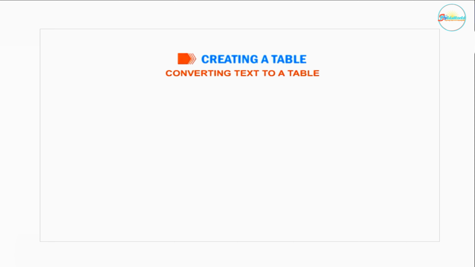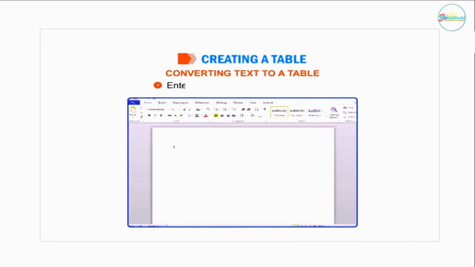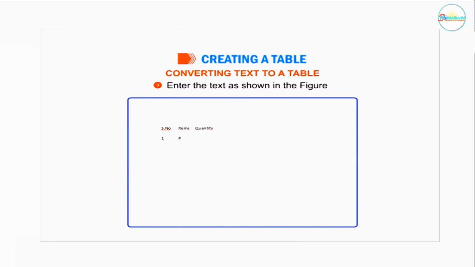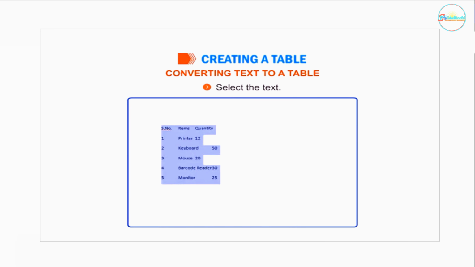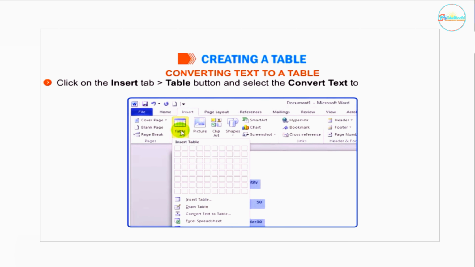Converting text to a table. You can also convert the existing text to a table. Enter the text as shown in the figure. Select the text. Click on the Insert tab, then Table button, and select the Convert Text to Table option from the drop-down menu.